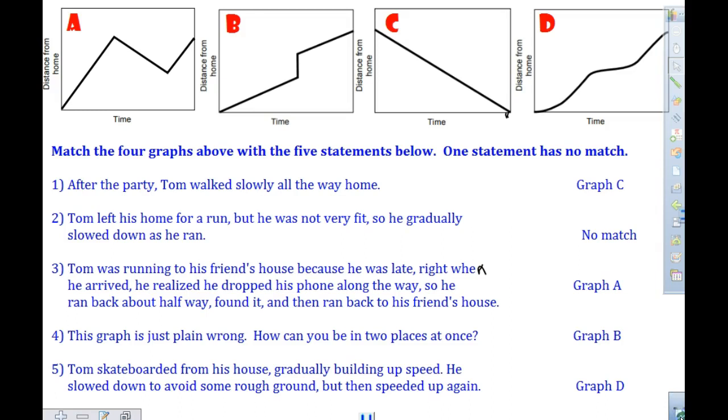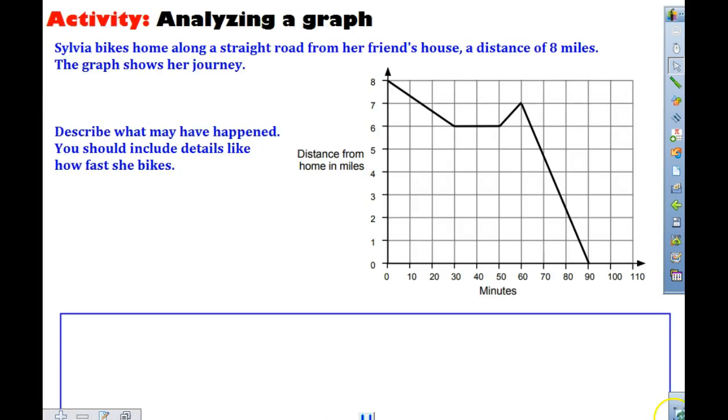And if you think of that last one, he gradually builds up speed, so he's going faster. Then he kind of goes the same speed. Then he goes faster again as we are looking at that one. Please make sure you have those written down. As you look at the next page in your notes going down,